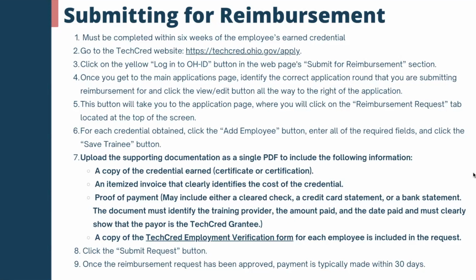If there are multiple PDFs or the Department of Development can't find all of the documentation that they need, you're not as likely to be approved for reimbursement. So first, a copy of the credential earned. If this was, let's go back to our example of AWT apprenticeship, precision machinist year 1, that's a certificate that